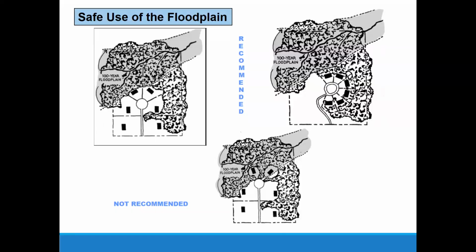And if you had your subdivision plans laid out like this, and the contractor goes out there and pours the foundation a few feet too far to the north by accident because they didn't measure it out before they put the foundation in, bingo, you're going to have a house in the floodplain. The bottom one, where it says not recommended, it's not recommended, but it is allowed. You could do it, but the two houses that are smack dab in the gray area, the floodplain area, would just have to be elevated above the base flood elevation.